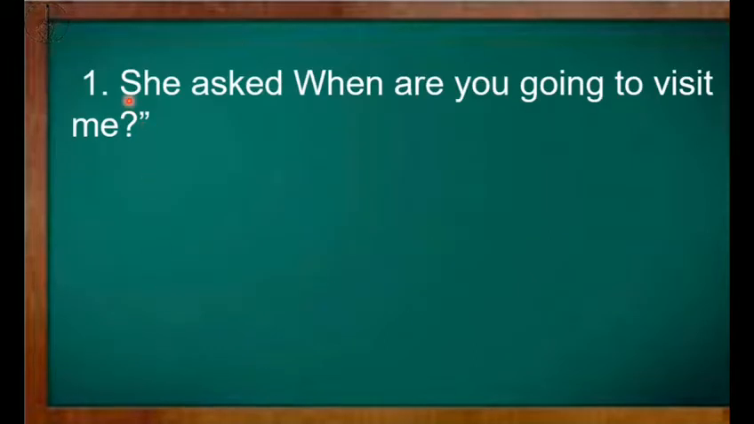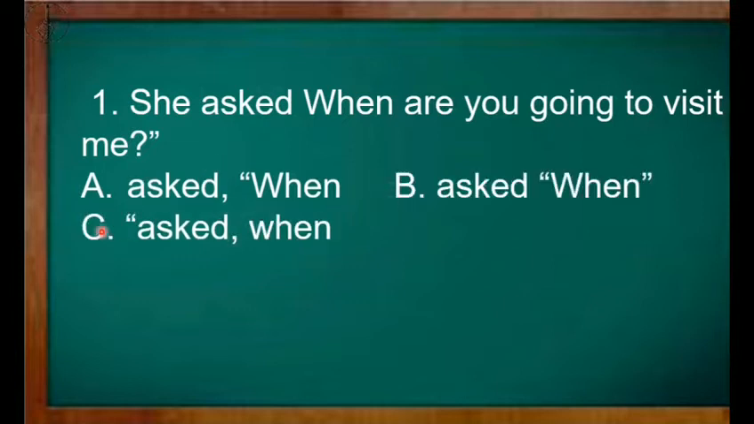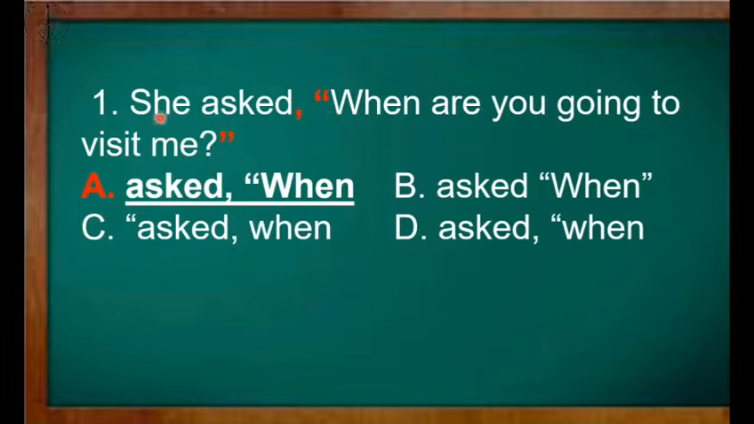For number 1, she asked, when are you going to visit me? Okay, option A, we have option B, option C, and then option D. If we are going to analyze carefully the sentence, the answer should be option A. It should be like this. She asked, and then comma, and then quotation mark, and then at the end of the sentence, we have question mark, and followed with